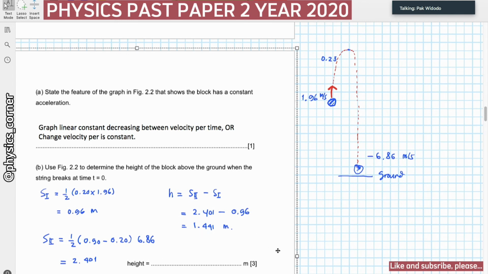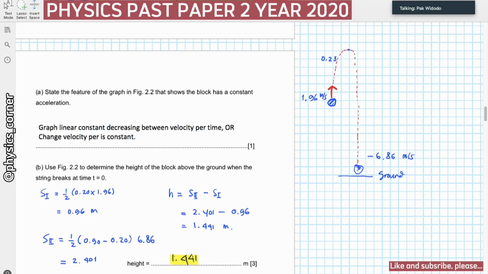So this is equal to 1.441, right? And we can see we have two noun phrases in the sentence. Here is 1.441 in meters. So when we do this, now we have two nouns. What about the second sentence? Where's the noun?